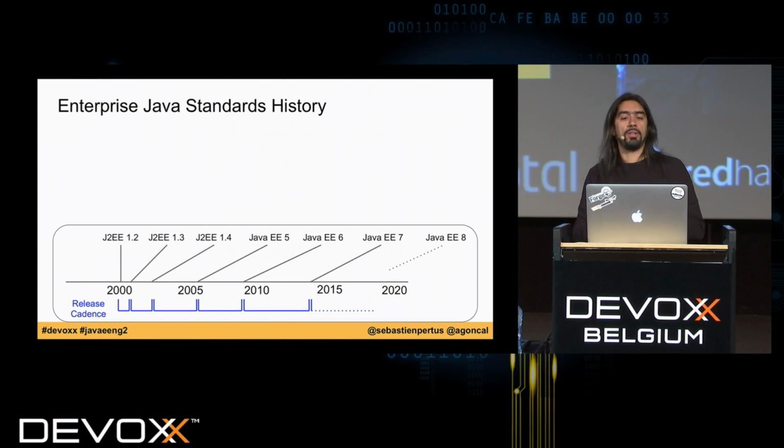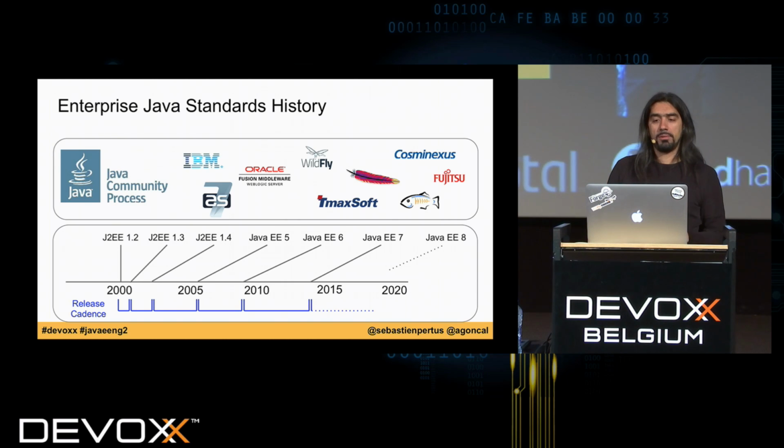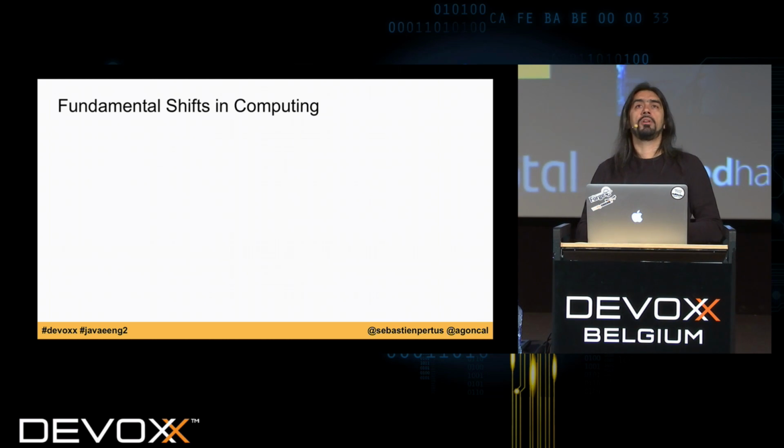So here is the history of Java EE. It started a long time ago. And the pace was mostly three to four years. So every three to four years, we have a new release of Java EE, which is good because the idea is to standardize things. And we can't standardize too early. So we have this path implemented by many application servers and many vendors. And now it looks like once in a while, you know, we have these shifts in our industry. Maybe we are entering a new shift